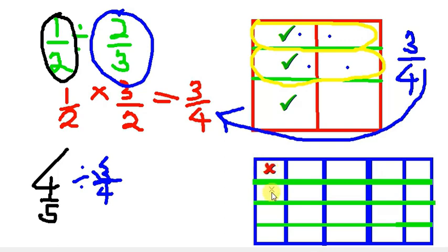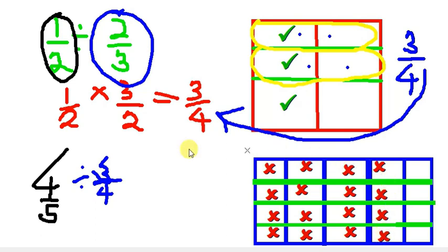So this is the first region, which means we have shaded 1 out of 5. This is the second region. This is the third region. And this is the fourth region. Good. Now let's go to the second fraction, which has